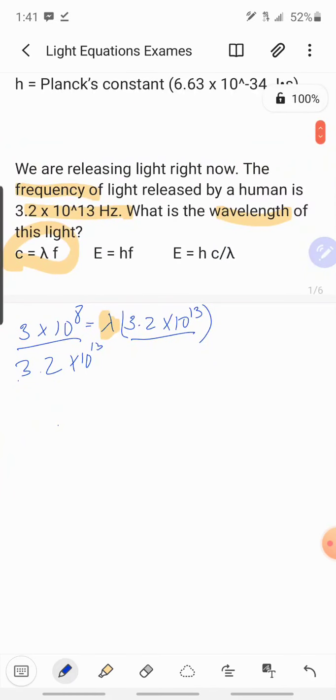So if you find it difficult to plug things like this in the calculator, you can figure them out by hand. So the numbers we can treat just like normal. So I'm going to do 3 divided by 3.2, which gives me